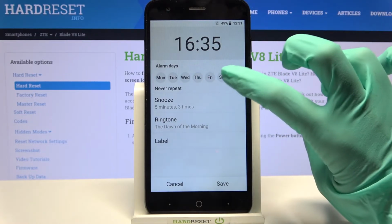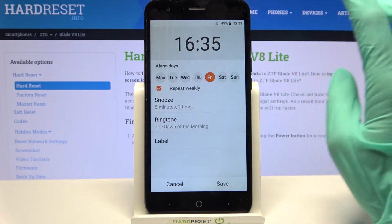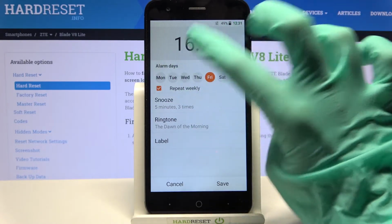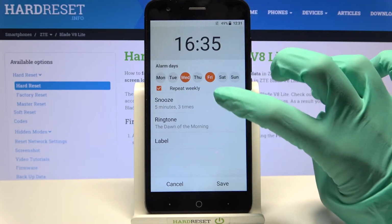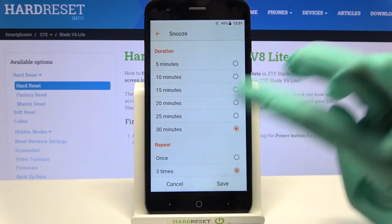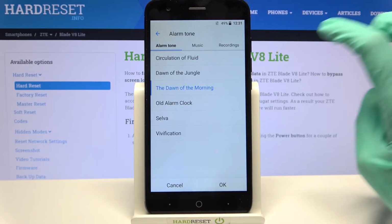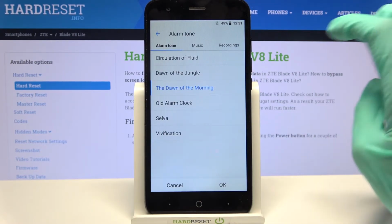Now you can select days of the week by clicking on the chosen ones. I will go with Fridays and, for example, Wednesdays. After that, you can click on snooze and select how many minutes it will take and how many times it will repeat. Click save, tap on ringtone and select one of those melodies as your alarm sound by clicking on